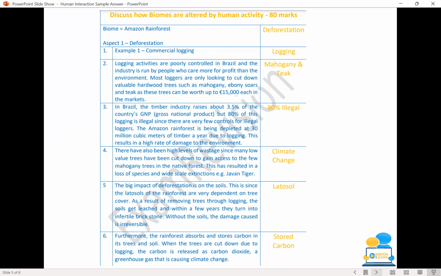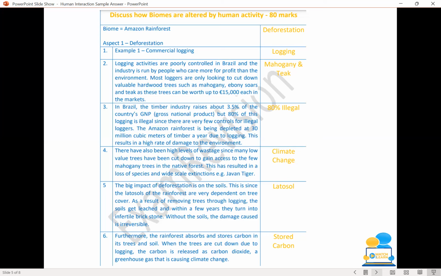So number 1, we're having examples. So again, we get 2 SRPs in the marking scheme for writing in examples. So an example of deforestation is commercial logging. And commercial logging is basically people coming in, cutting down trees, especially hardwoods, things like that, and selling them on. So mahogany and teak are going to be the 2 types of trees that we're focusing on here in this second point. Logging activities are poorly controlled in Brazil, and the industry is run by people who care more for